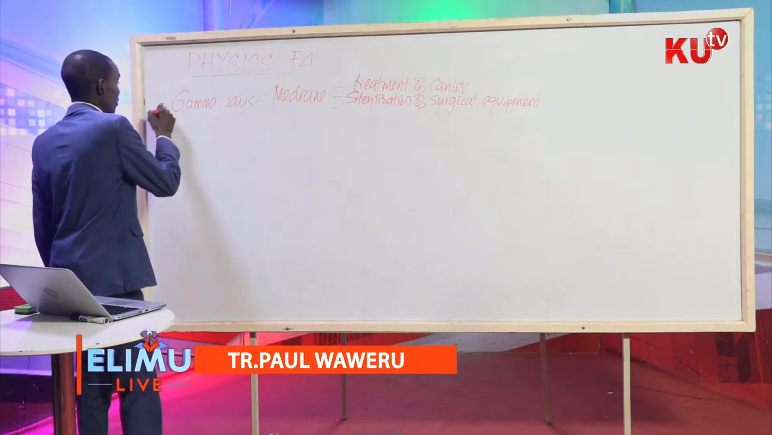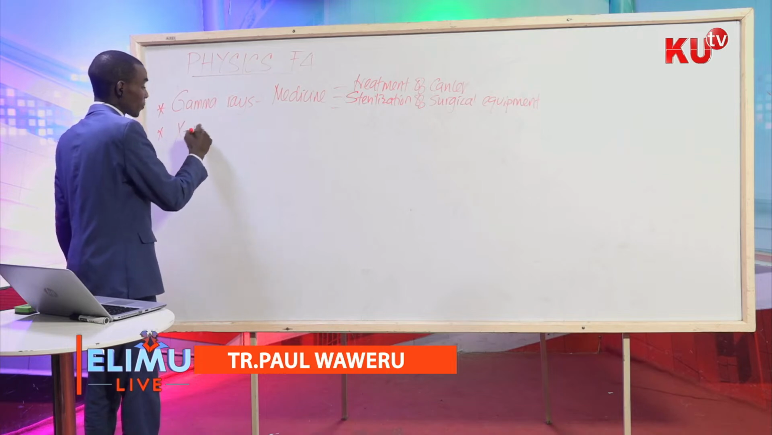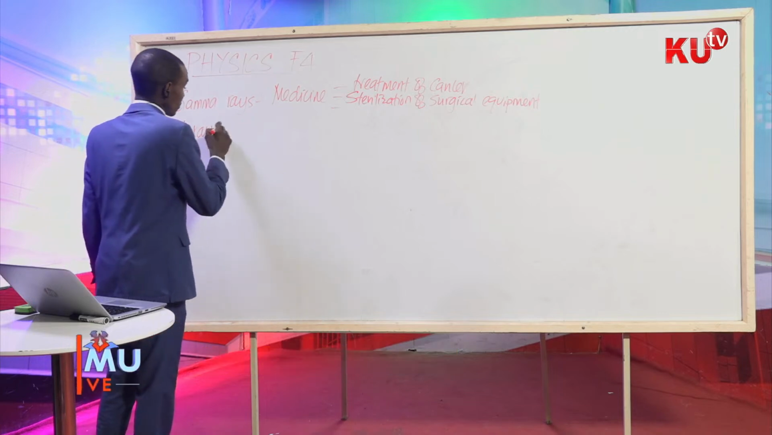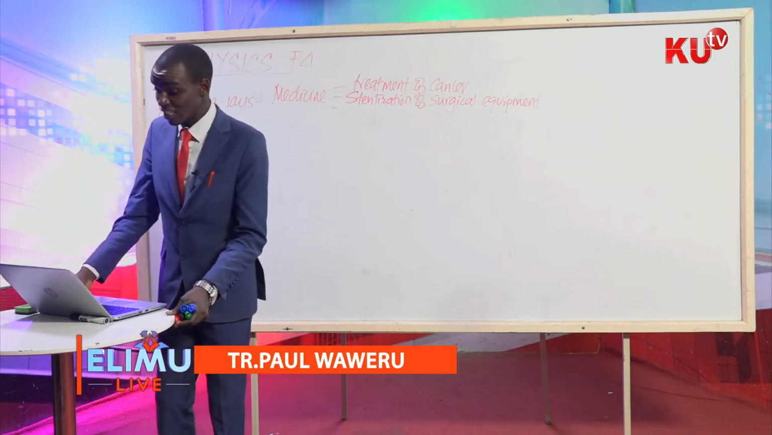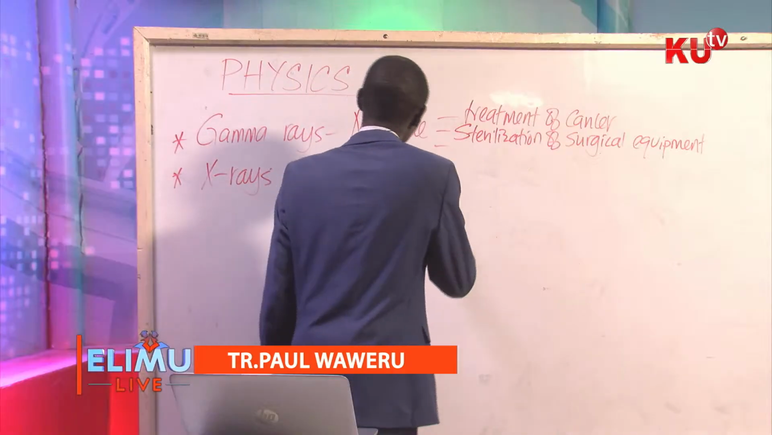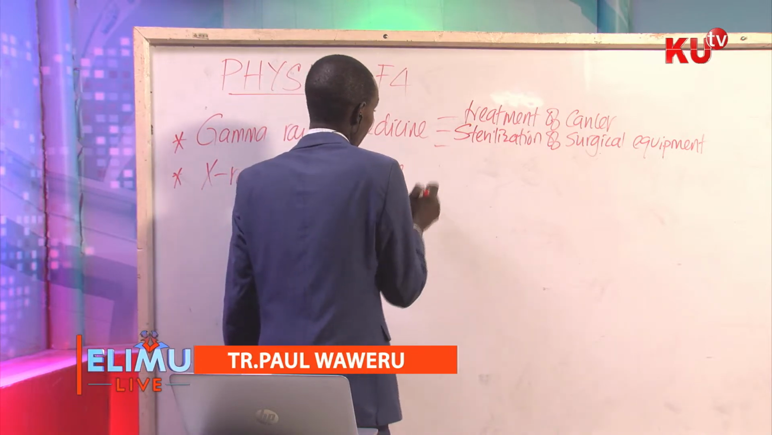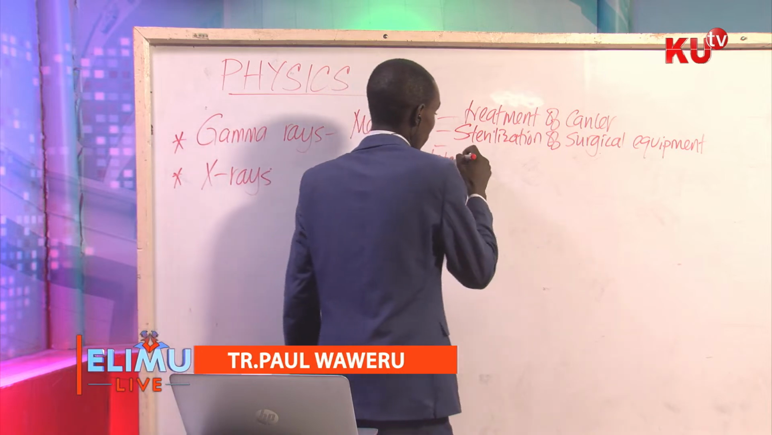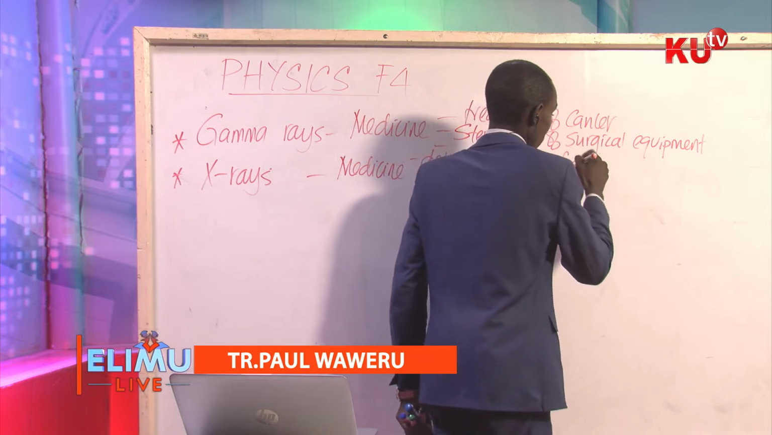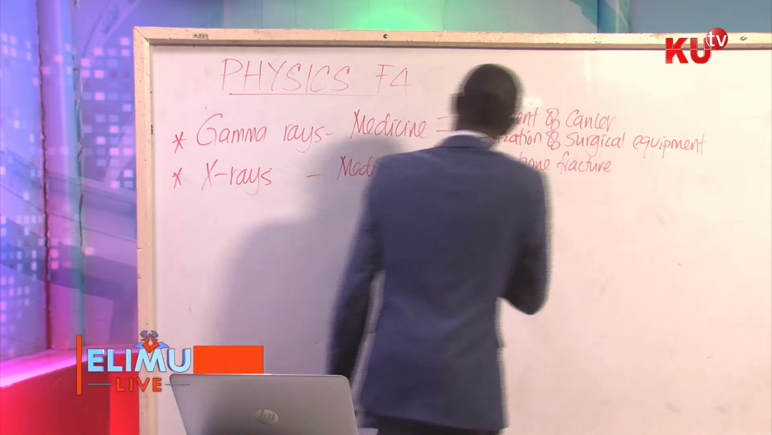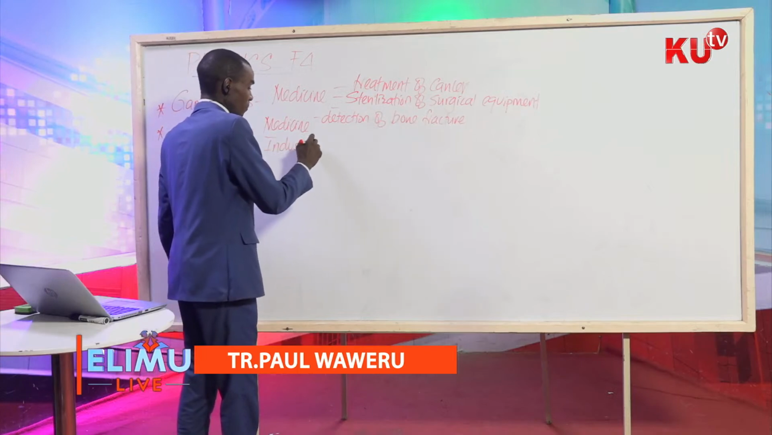X-rays, on the other hand, are of lower energy as compared to gamma, but they share some of the properties. So X-rays, we know obviously they are used in the detection of fractures. Again, in medicine or in hospitals, detection of bone fractures. How else? In industry, how are X-rays used? In industry,